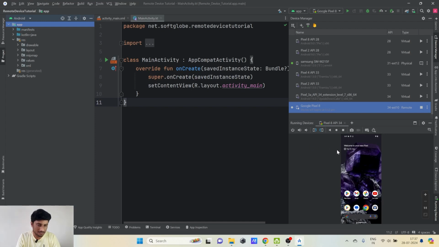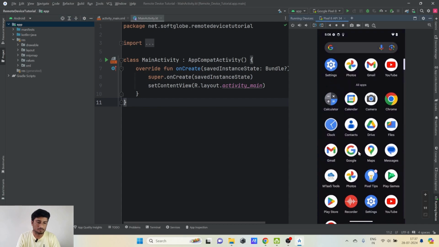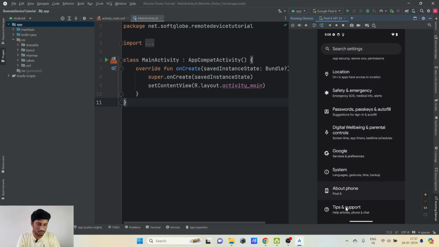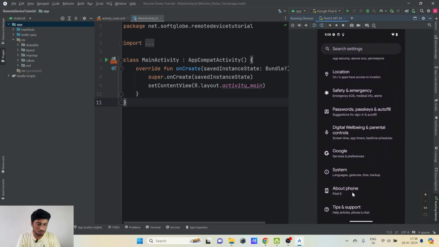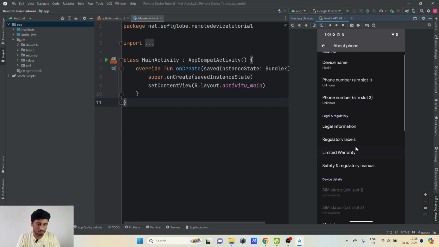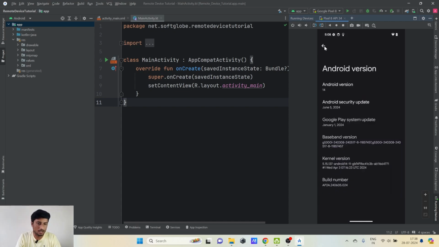So in a few seconds it reserves and makes it available to us. And yes, our device is now available to us. It is reserved to us for 15 minutes. So let me just minimize this device manager, and this device is now for use to us. We can interact with this any way we want. We can just open these settings, and we can also see about phone. Sorry, about phone, that is it is a Pixel 8, and other information we can see here, like it is just a physical device with the Android version 14, because we have requested the same Android version 14